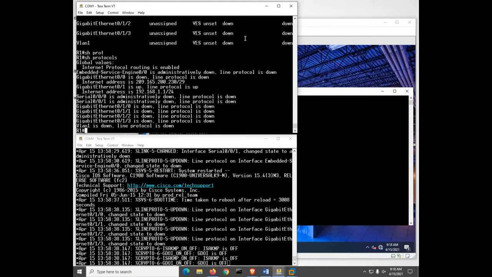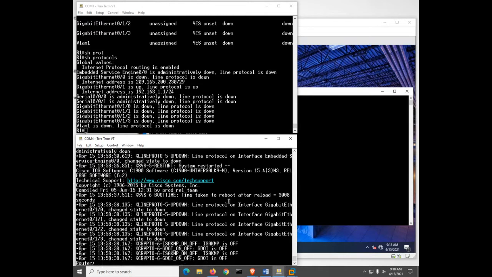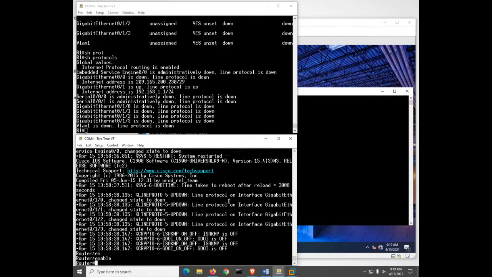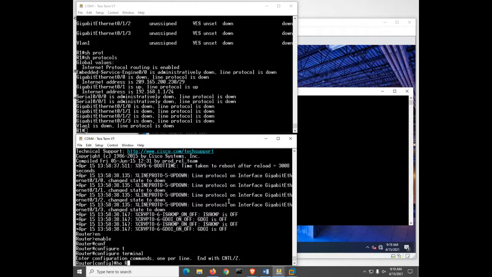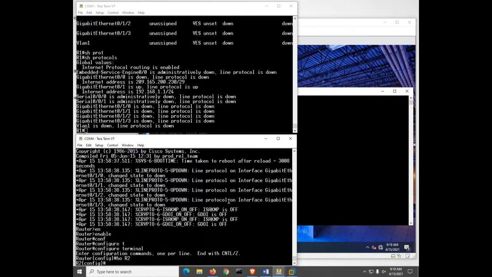Now, here's the steps he doesn't give you, but we'll just use the front of the page, the addressing table on the front of the lab for this. So I'm going to go to router 2 and complete the same steps he told me to do on router 1, but I'll change the addressing information to match what's proper for router R2. So let me go to the global configuration mode and give this guy a host name of R2. And then no IP domain lookup,